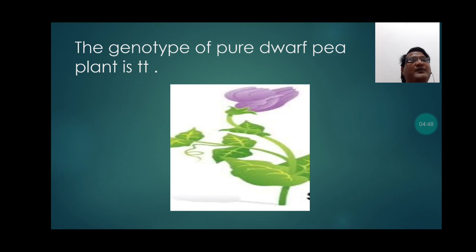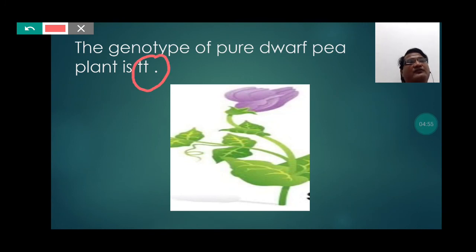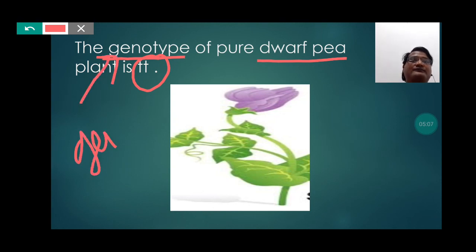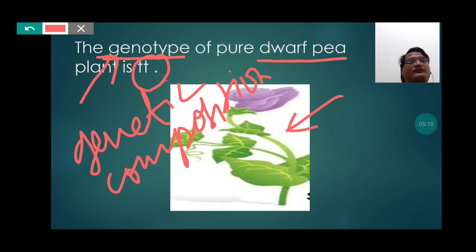The genotype of the pure dwarf pea plant is small t. So students, here you can notice the genotype of the dwarf pea plant is small t, small t. So students, here the genetic composition of this small or short pea plant